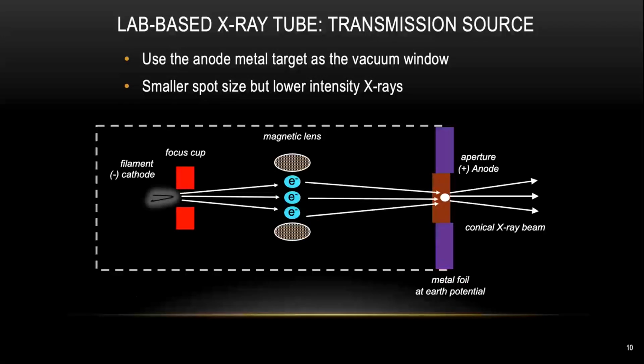The second type of X-ray source we call the transmission X-ray source. Now you can see the entire source arranged in the horizontal direction. We still generate thermal electrons on one side, traveling horizontally and hitting a piece of metallic foil, and the X-rays come out from here. Usually for a transmission X-ray source you're using a smaller spot size, and that's why it can usually give you a better result compared to the reflection source. But we're losing intensity. So usually for the transmission X-ray source, the intensity of the X-ray gun is much lower compared to the reflection X-ray source.